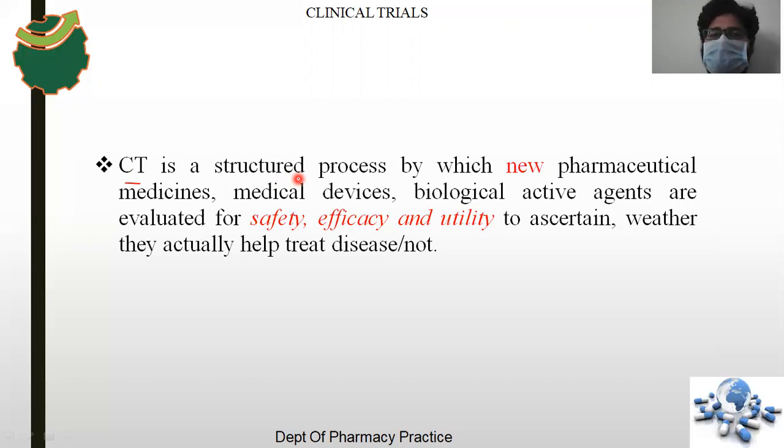structured process, which means we are going to create a structure for how we are going to do it. What is step 1, what is step 2, what is step 3, what is step 4? If there are any drawbacks, any hurdles or any dangerous or unwanted unknown reactions, how we are going to overcome it. Everything known to human knowledge will be written. Because at this level we don't know 100% of the drug, we'll be knowing just 5 to 10% of the drug, so the remaining 90% we have to find out.